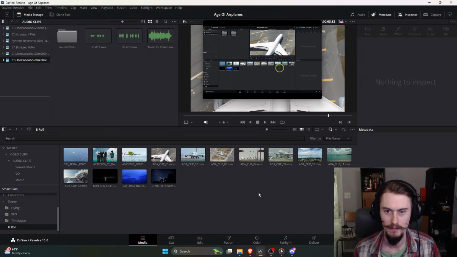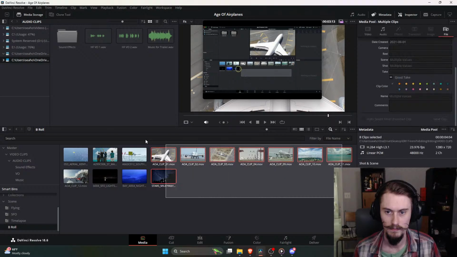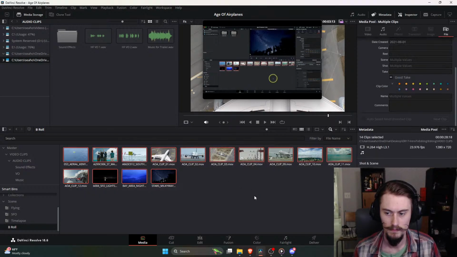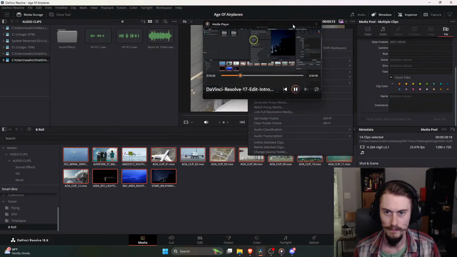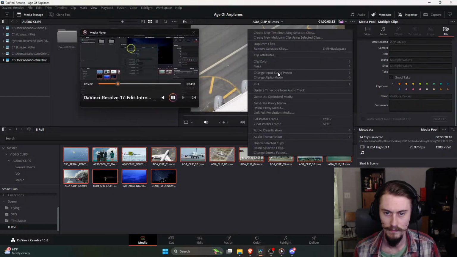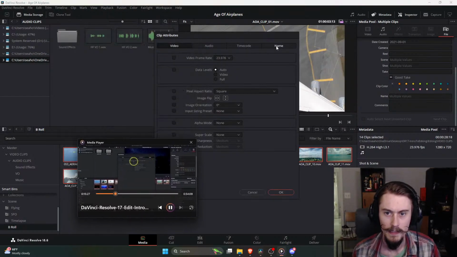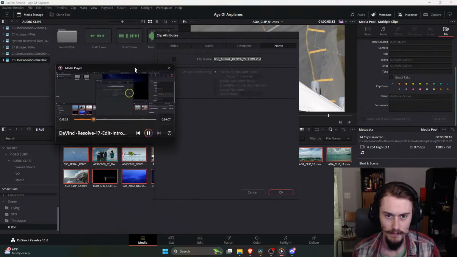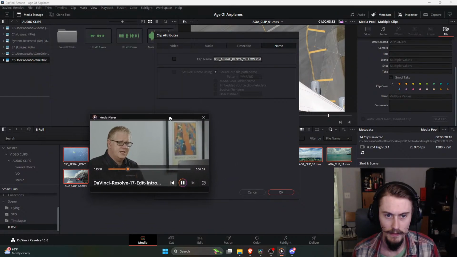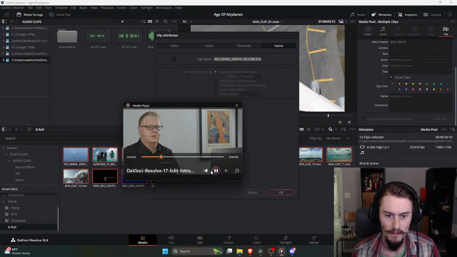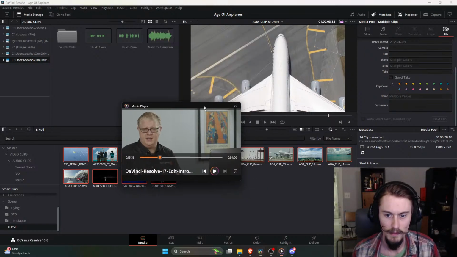Okay. So here in the B-roll smart bin, I'm just going to select all of those clips just by dragging a lasso across them. Then I'm going to right click and choose Clip Attributes. Choose the name panel from Clip Attributes and highlight the default clip name. So in this case, I actually want all of my B-roll clips to start with the initials AOA for